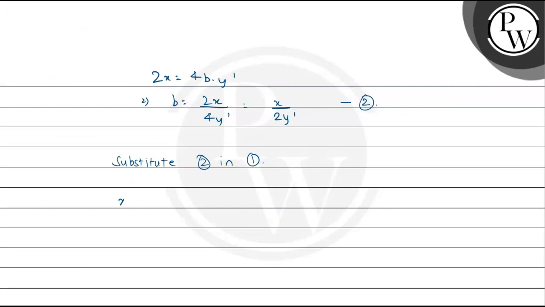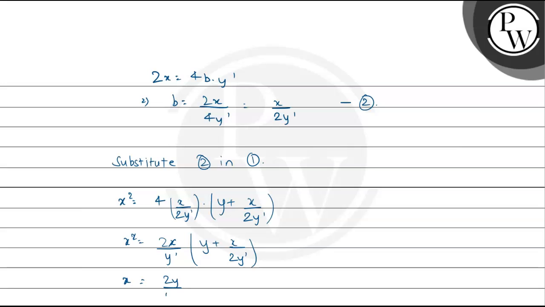So our equation 1 will become x square is equal to 4 times, in place of b we will have x upon 2y dash, times y plus, in place of b, x upon 2y dash. This means we will have x square is equal to 2x upon y dash times y plus x upon 2y dash. If I cancel one x here, we get x is equal to 2y dash